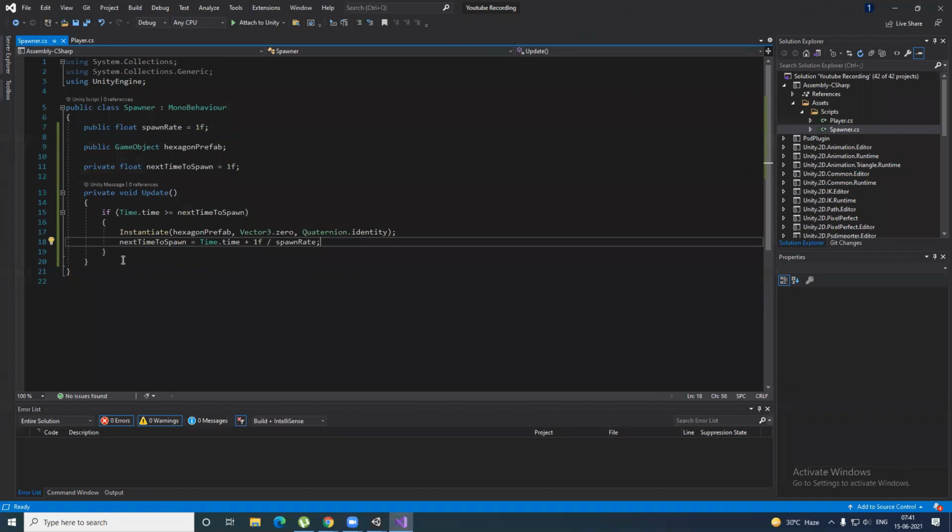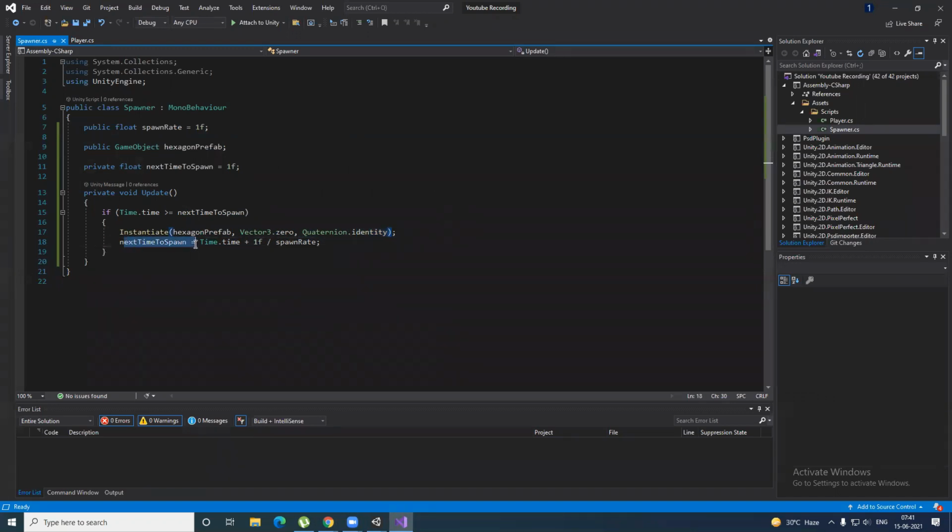Moving on to the spawner. So we have instantiated the hexagon prefab, the object to be instantiated, the place to be instantiated, and quaternion identity. So what is a quaternion? Quaternion is high-level mathematics that is introduced in India at the level of graduation and onwards, especially when you're pursuing maths, otherwise it's not, right? So an identity means the default.